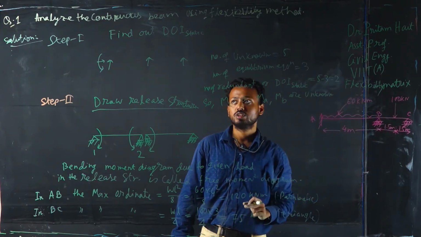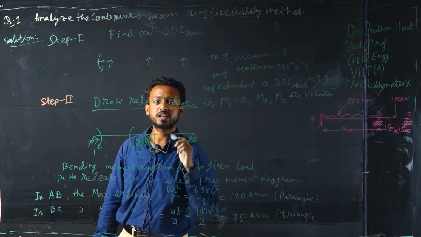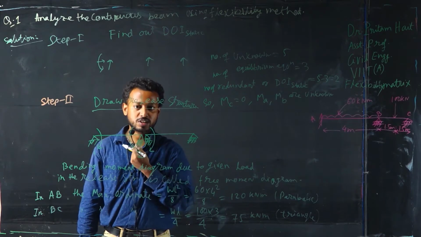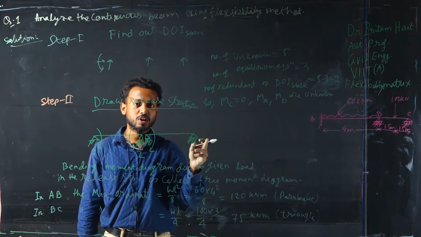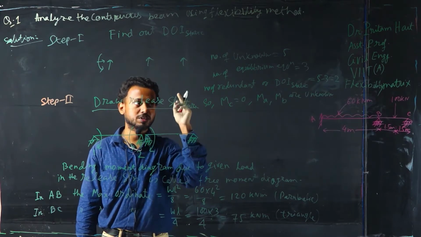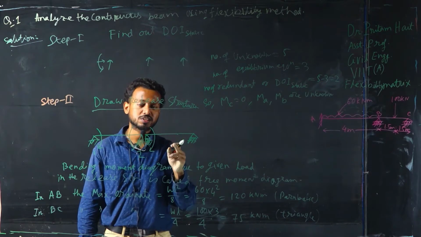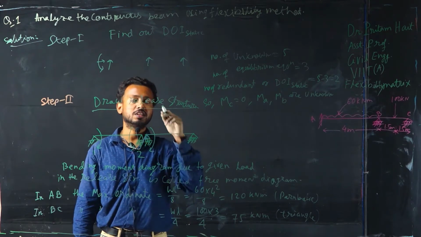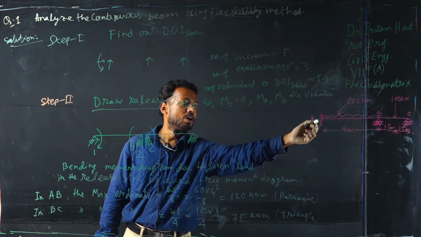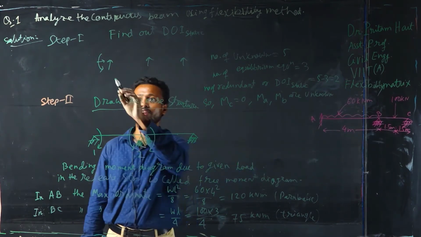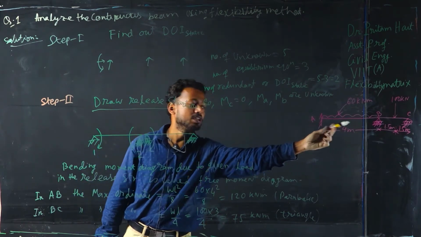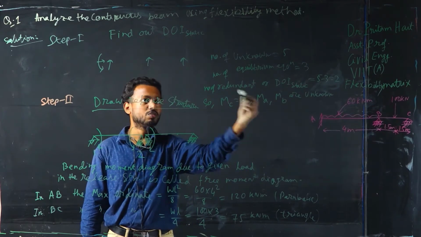Okay. So first step is you have to find out the static indeterminacy. You can remember in case of stiffness matrix, you have to calculate the kinematic indeterminacy, but here you have to calculate the static indeterminacy. How will you calculate the static indeterminacy? You can calculate it in this way. Just see, at this fixed support, what reactions are there? One vertical, one horizontal, and one rotation. At roller support B, one vertical, and at roller support C, one vertical.